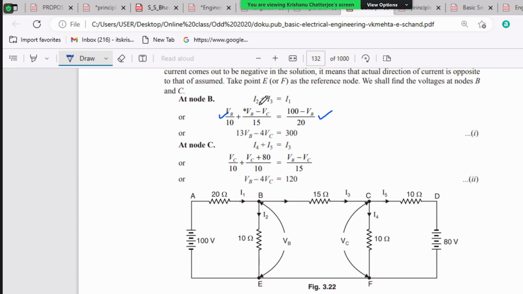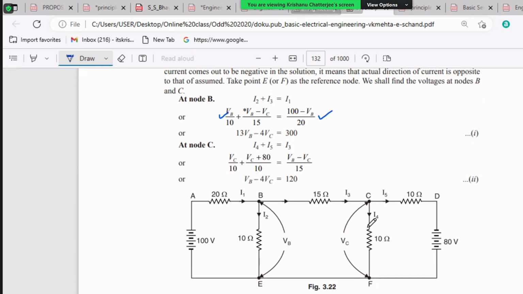I1 is 100 minus VB by 20, I2 is VB by 10, I3 is VB minus VC by 15. And at node C, you are getting